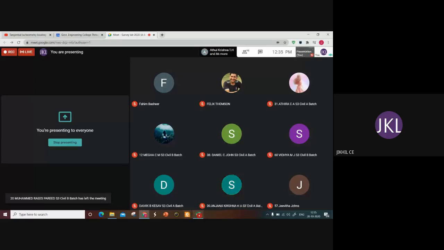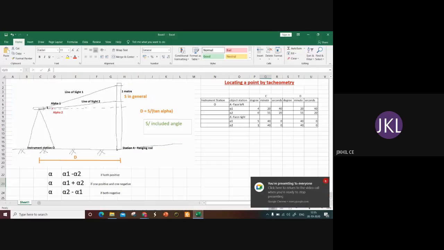Okay, so for today's session, we are going to learn the locating of a point by tacheometry. So I will first define the problem. We are supposed to locate a station. Suppose we have a station A,